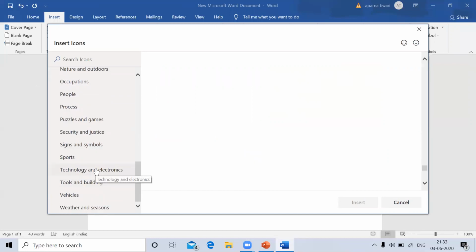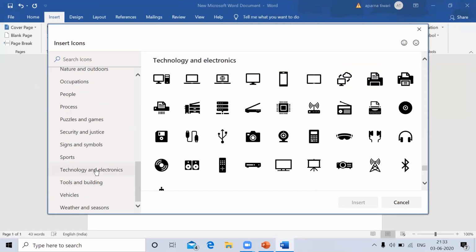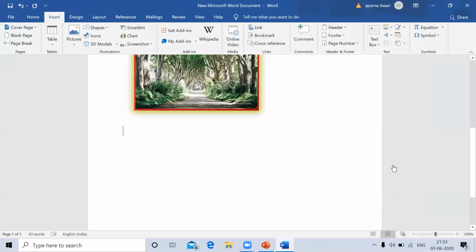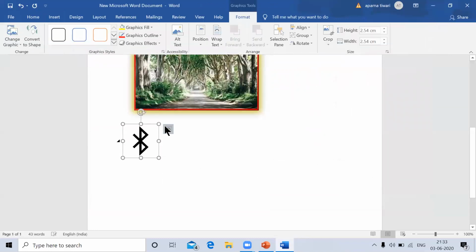Now see here in the navigation pane, all kinds of options are available. I'm selecting technology and electronics, related to our field. So here you see multiple pictures are available. We can select any picture. Like I'm selecting this one, Bluetooth. So Bluetooth will get inserted here.